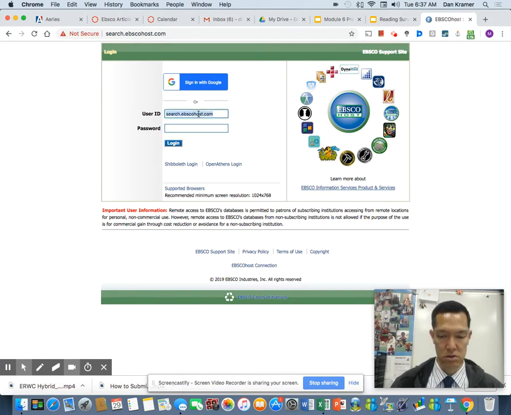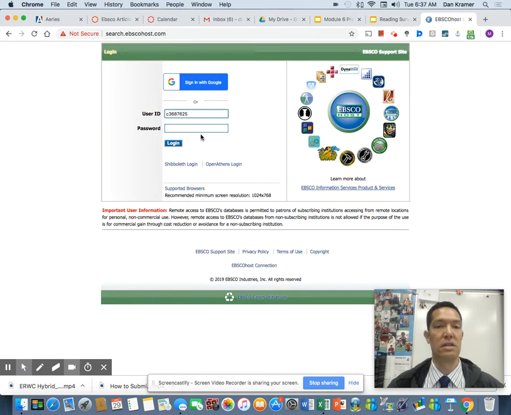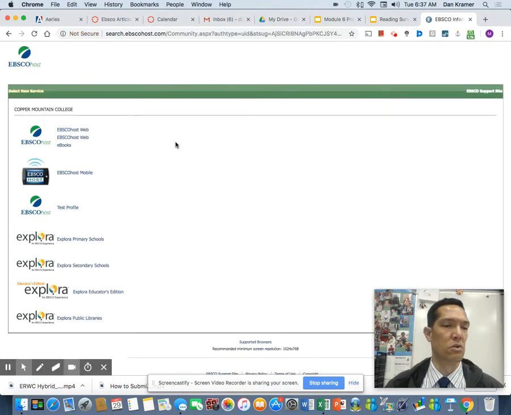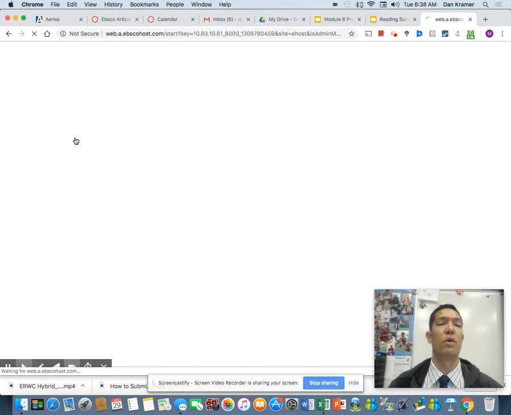Whoops, that's not right. I must not have copied it. Let's try again. Copy and paste. Then for the password, I'm going to write in password and click login. This should work. Okay, so now it brings me to this page. We're using Copper Mountain College's EBSCO login page. Click on the second one. That'll take you right to